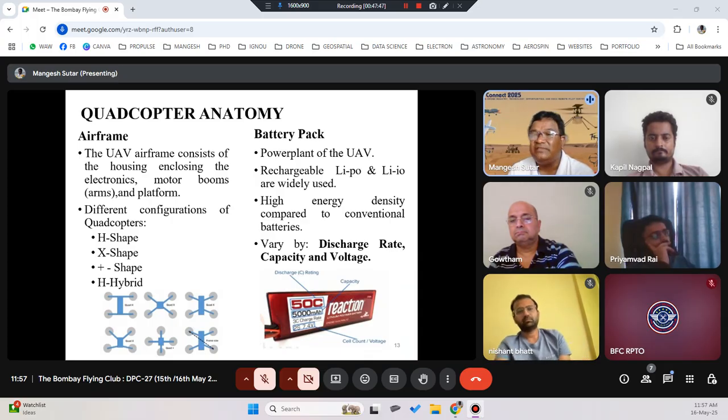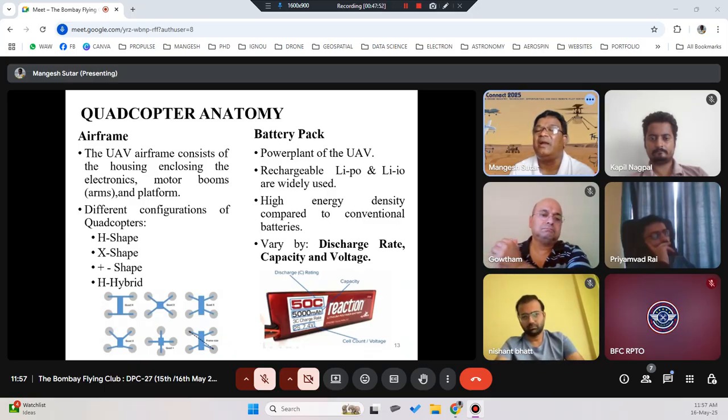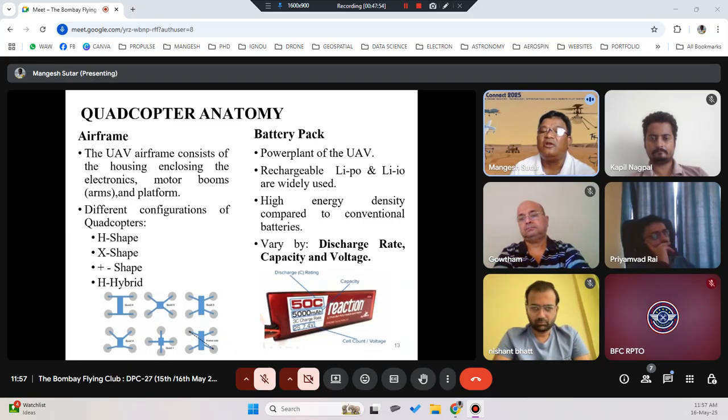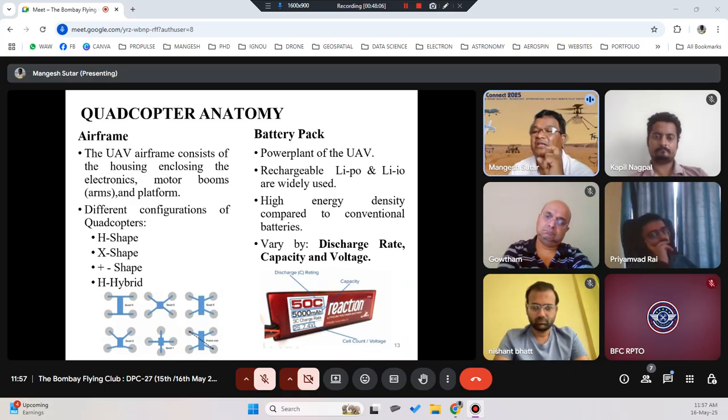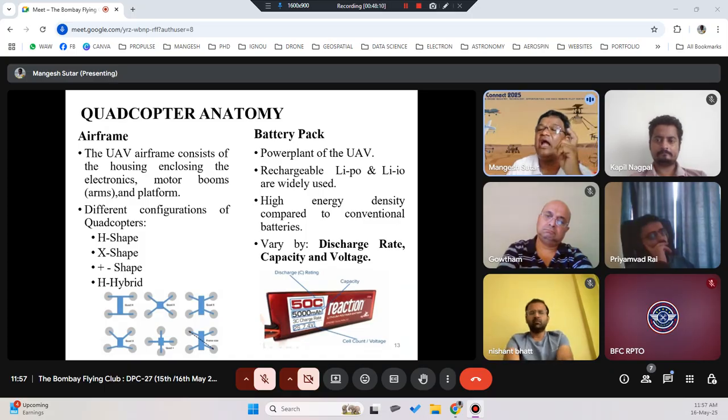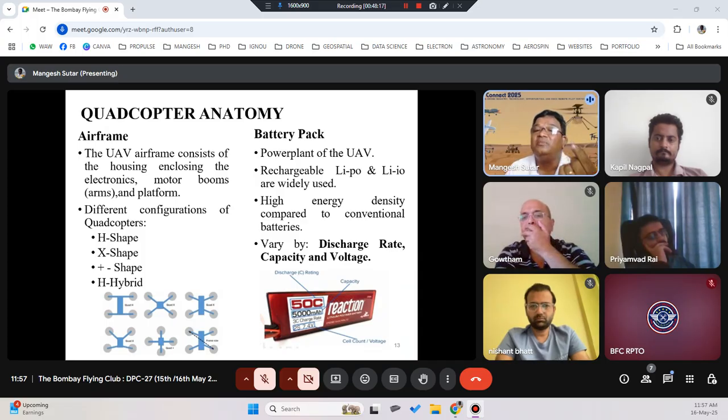Now, once you have designed the airframe, you will put in a power pack or power plant, what we call a battery pack. In the case of an electric drone, you will always use a power plant which is lithium polymer or lithium ion, widely used because of high energy density compared to conventional batteries. Normally, the torch batteries we use, AAA or AA cells, are not very high power. Their energy density is very low. They can only power small LEDs or small bulbs and such things,